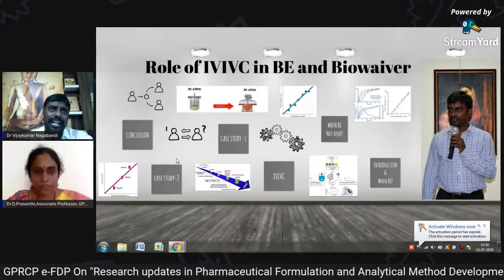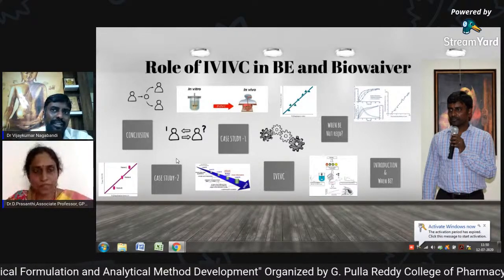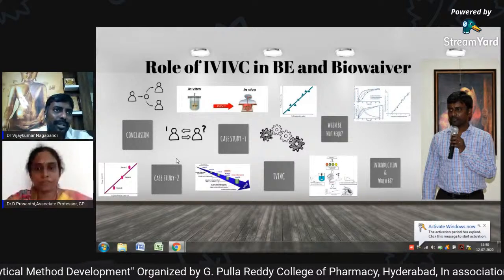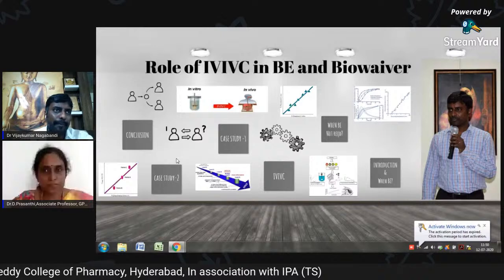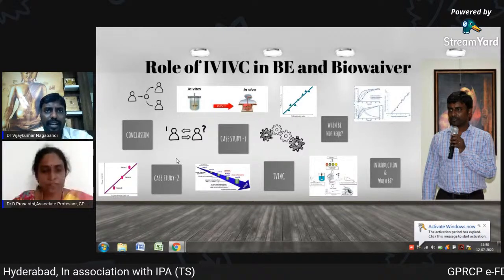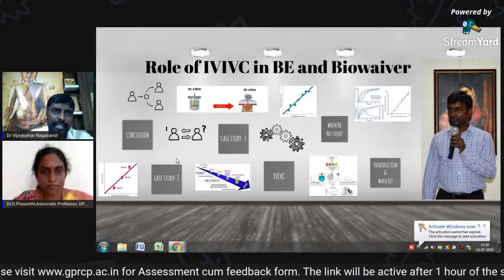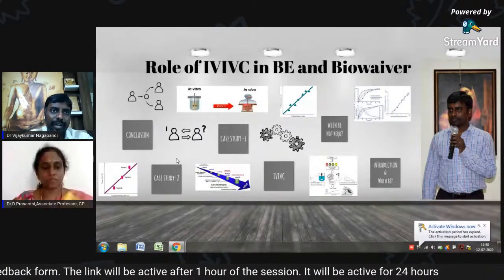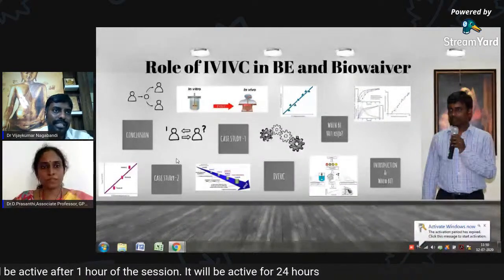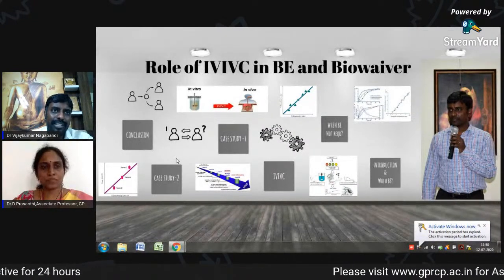If the drug is not undergoing absorption but you still want to do a pharmacokinetic endpoint study, the drug itself is not coming into the blood. If you do the pharmacokinetic study by collecting blood or urine samples, there will be more variability. Absorption absence means at least sometimes 1 to 2% of the drug may be absorbed. And if you want to estimate that drug in the plasma and compare it between test and reference, definitely more error will be there, because your